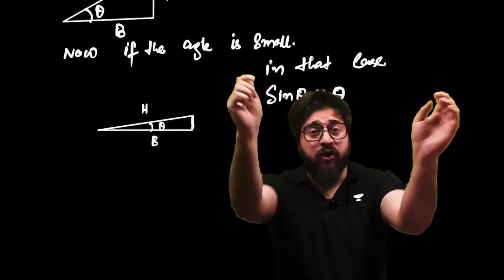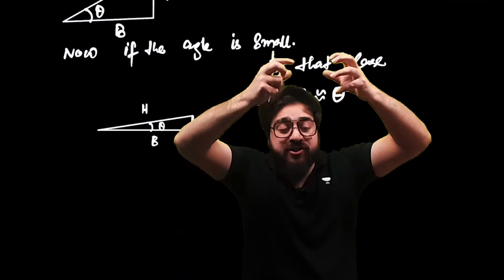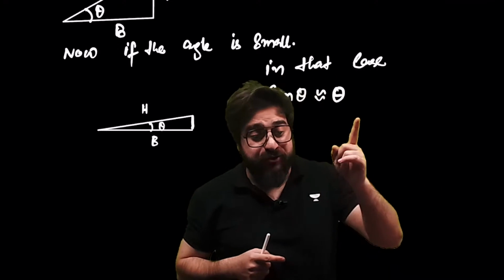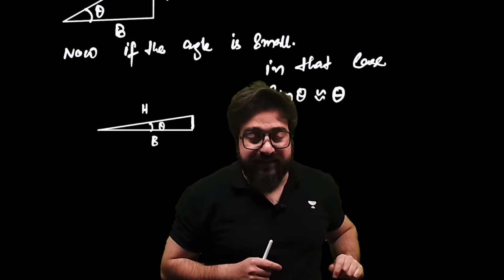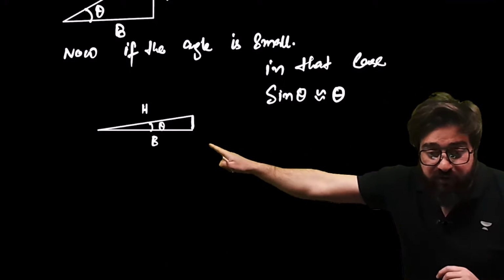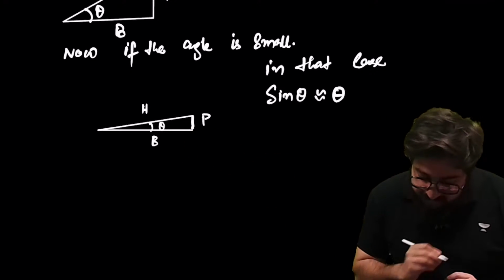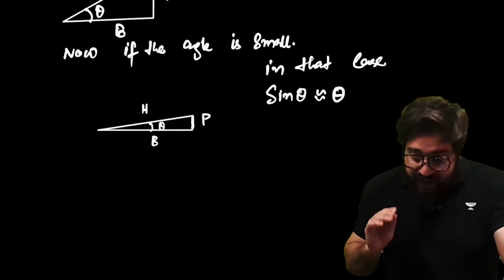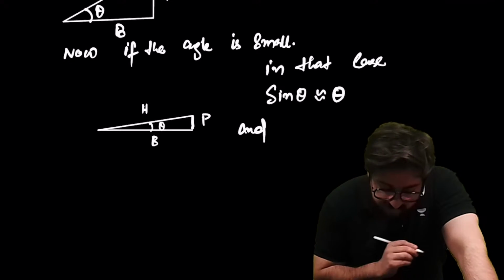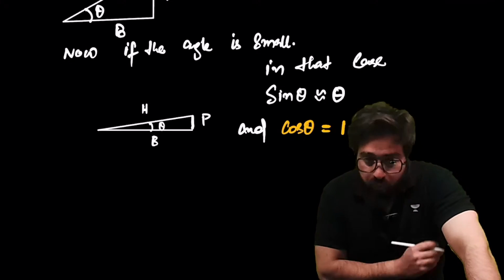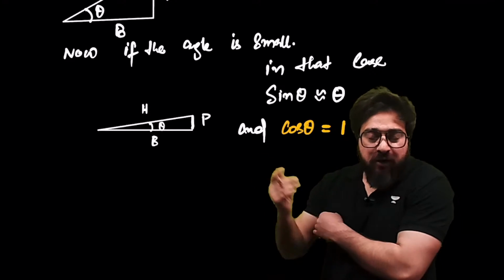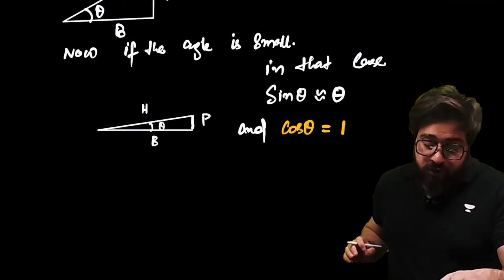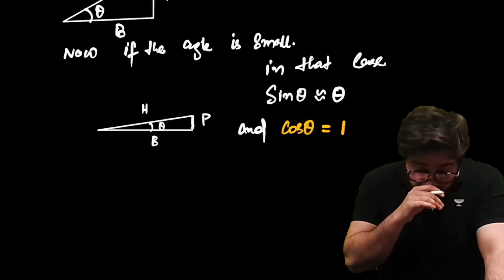From now onwards, in electrostatics, where a charge is attached to a thread, we assume that this angle theta is very small. So we say in that case, sine theta is equal to theta. If I say in this particular triangle, tell me the value of sine theta, I will directly say theta, because theta is very small. And listen carefully: cos of theta is equal to 1. There is also a proof for this one. Sine theta is equal to theta, cos theta is equal to 1. And my dear friends, we say tan theta